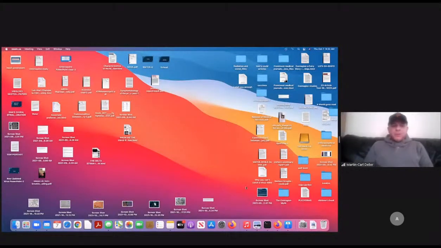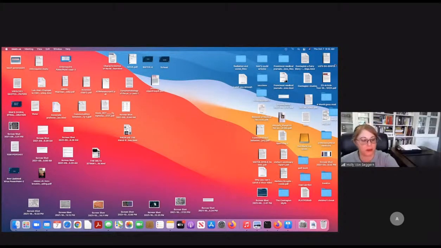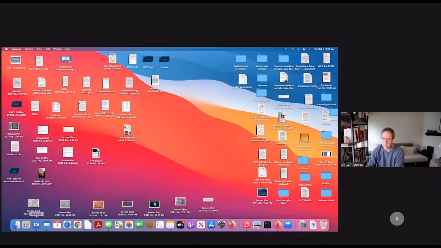Okay, so share your screen again, Tom. That's it. Bring up your Zoom so you can see it. We may not be able to see it. How do I bring up my Zoom? You've got it in the tray on the bottom. Just click on the movie camera, third from the left. So I can see the Zoom